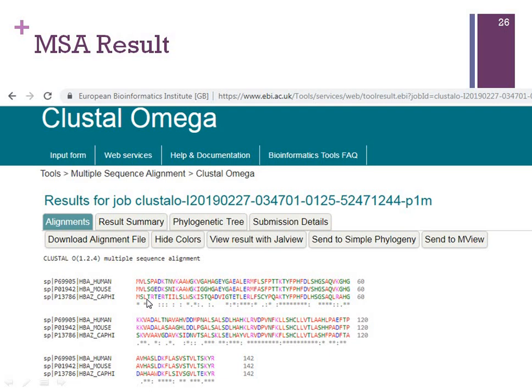Asterisk refers to those regions that have identical amino acids, like this, and those regions which have a double dot indicate amino acids that share very high similarity in terms of their properties, like valine and isoleucine, which are categorized as non-polar amino acids. Then single dots show amino acids that share some weak similarity in their properties. And those regions that do not have any symbols refer to amino acids that are basically mismatches and don't have any similar properties at all.